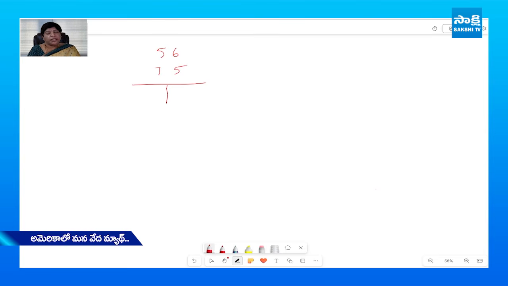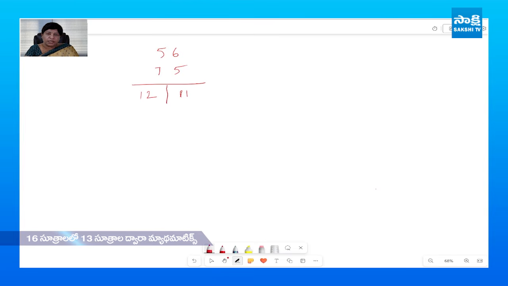Now we can either add from right hand side or left hand side, doesn't matter. So let's add 7 plus 5, which is equal to 12, and 6 plus 5, which is equal to 11. So now we have already learned about the balancing technique. Each place value cannot hold more than a single digit. Here we have two digits in the units as well as the tens place. So the extra digit from the units place is going to be carried forward to the tens place. So we retain 1 from this.